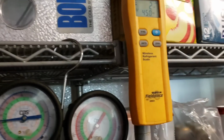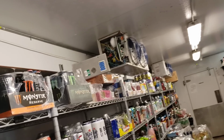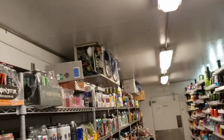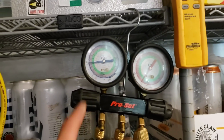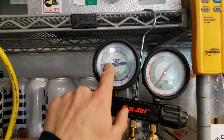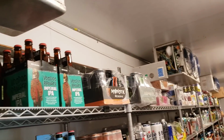We're about a little over 2 pounds in, and I just wanted to point out, I don't know if you guys can hear this over top of all the wind noise, but one by one, as I'm slowly charging this, the hissing noise coming from the electronic expansion valves is slowly dissipating. The hissing noise in this unit is pretty much gone. That middle one I don't hear anymore, and it sounds like the one on the far end is still hissing a little bit, which is kind of neat. As I'm charging it, I'm almost charging it based on hissing noises. Obviously I'm not. I'm going off of pressures, which I'm just about there. I want, if I can get a little bit higher than 15 on the lower side of 20, a 20 degree evaporator, we're maintaining a 35 degree box in here, so